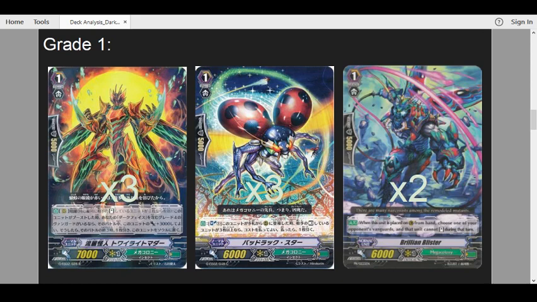And then I run the tech 2 Brilliant Blister. Now this is a meta call personally. I run 2 Brilliant Blisters because Overlord, Zesenberg, Ace, stopping their restands is really good. It's really good to deny them their restand because it essentially ruins their whole stride turn. And then obviously Next Stage, Gear Next, it stops Gear Next,